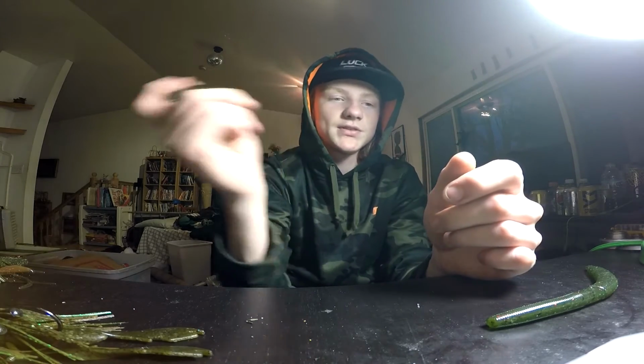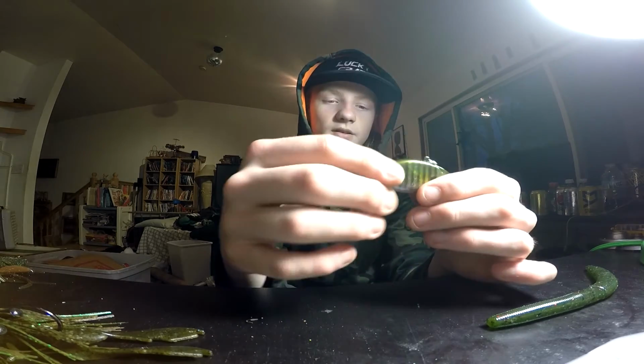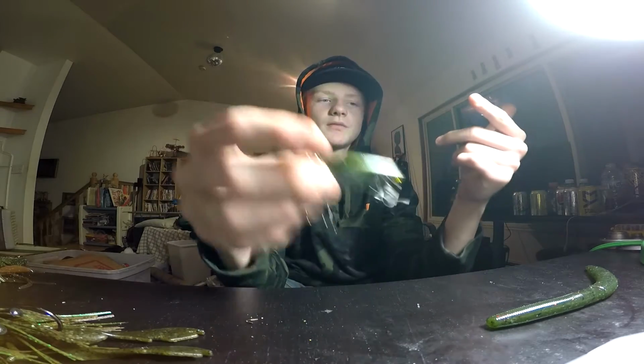It's a perfect color for where I fish. The LV500s, they have a lot of rattles to them. I don't know, it's just something about a rattle trap, the tight wobble in that cold water. Bass will eat it. Keep this thing on. I remember last